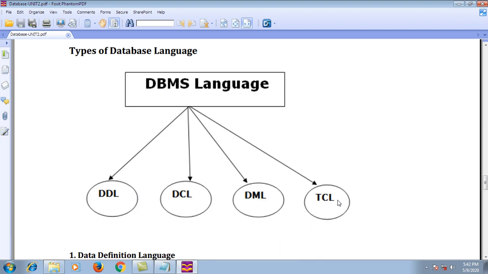In database language, there are many types: DDL, DCL, DML, and TCL. DDL means data definition language, DCL means data control language, DML means data manipulation language, and TCL means transaction control language. DDL: suppose we want to create a database,